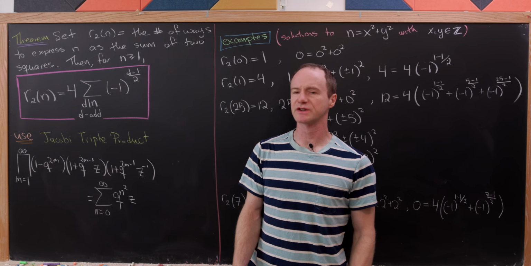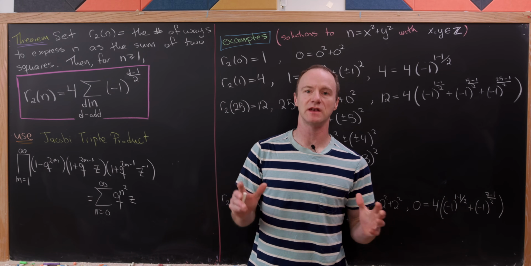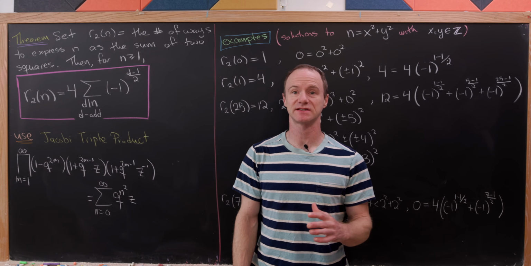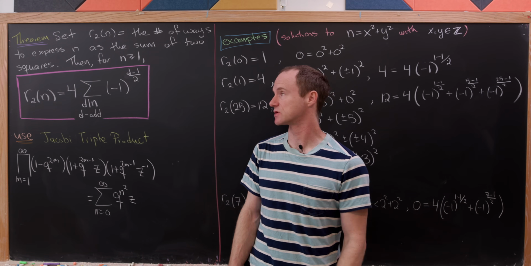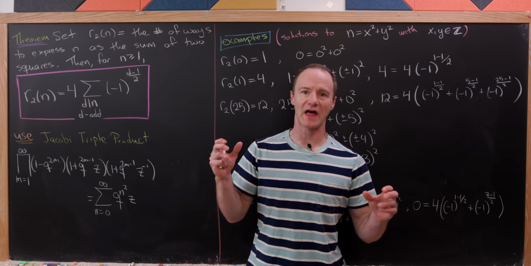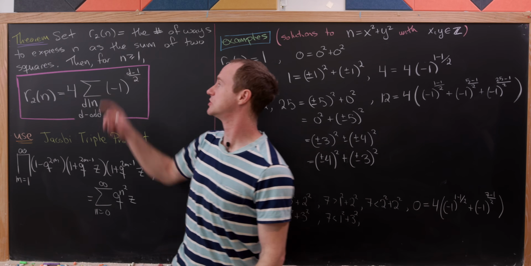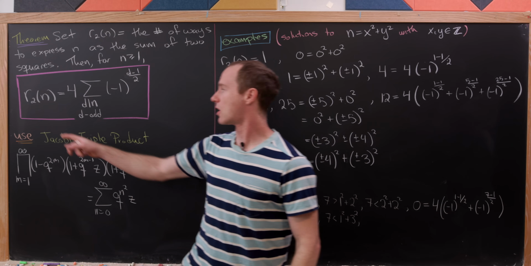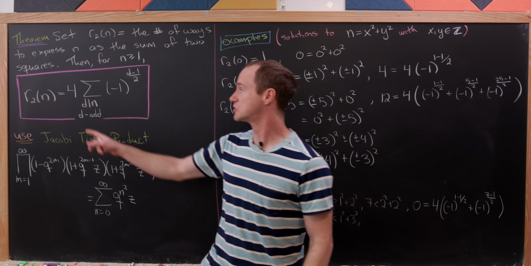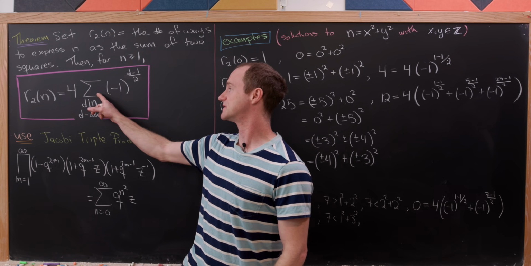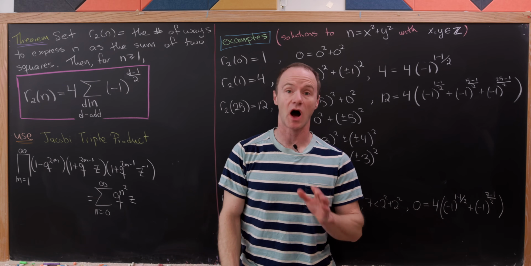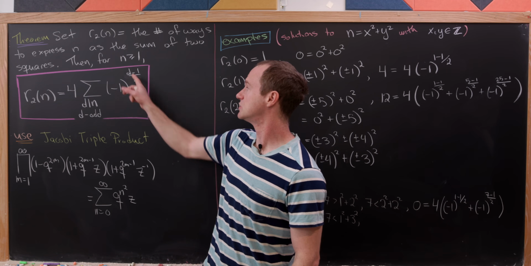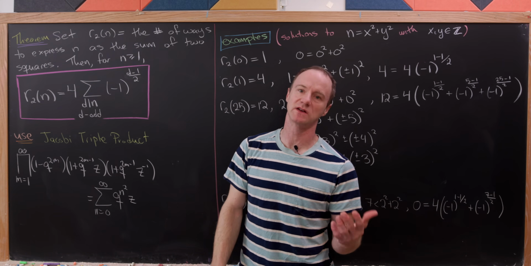Today we're going to look at an interesting problem involving counting the number of ways that a natural number can be expressed as the sum of two squared integers. And we're going to call that number of ways r sub 2 of n. And what we'll end up proving is that r sub 2 of n is equal to 4 times the sum over all odd divisors of n of (-1)^((d-1)/2), where d is one of